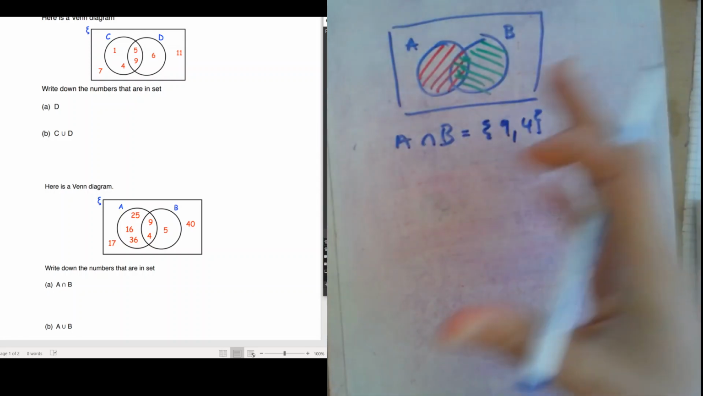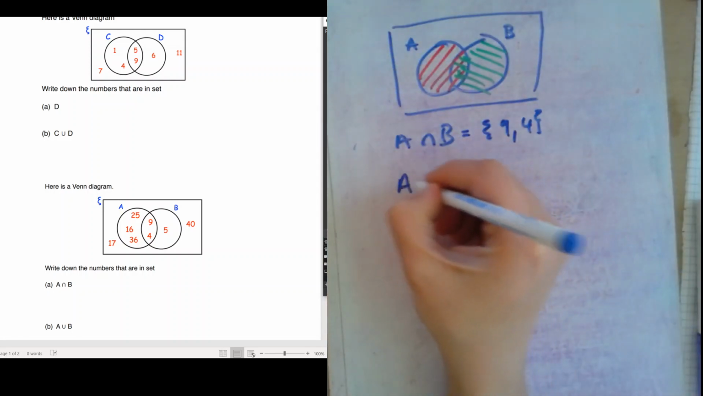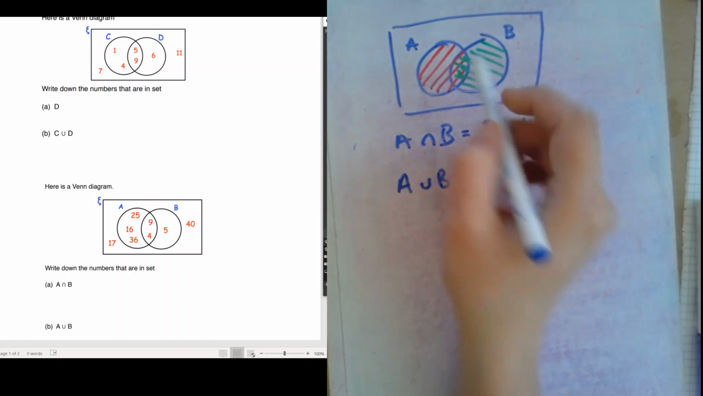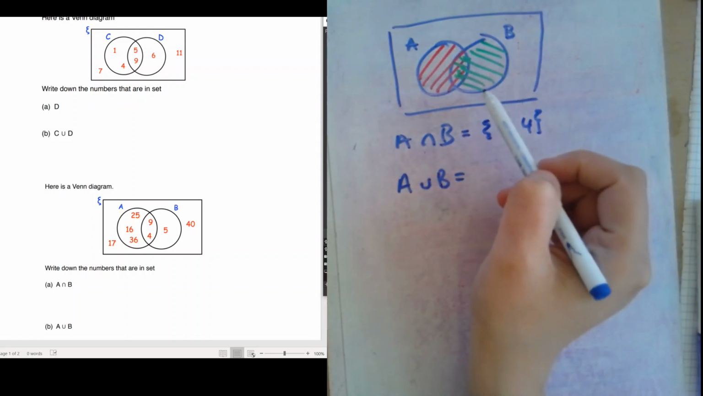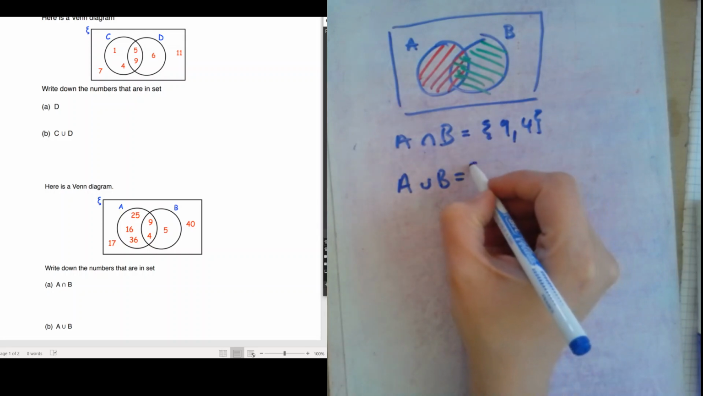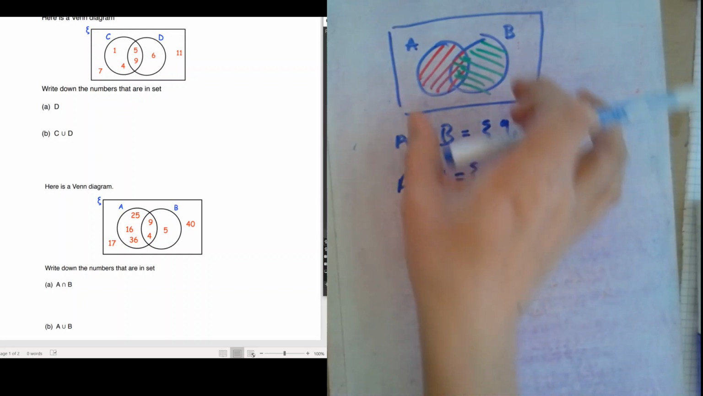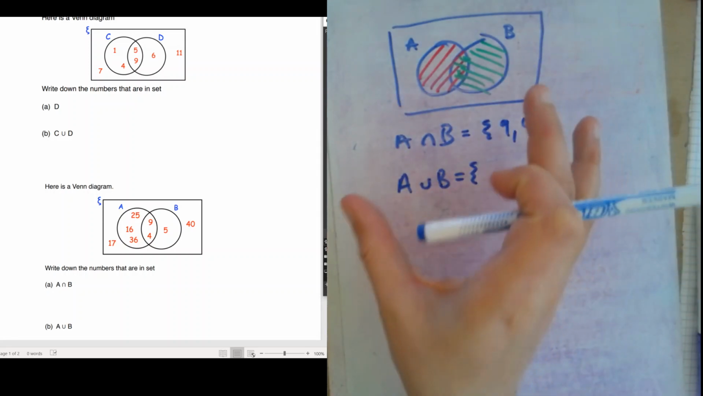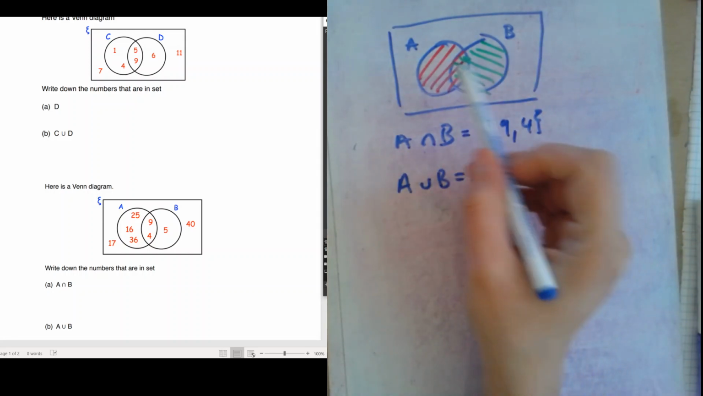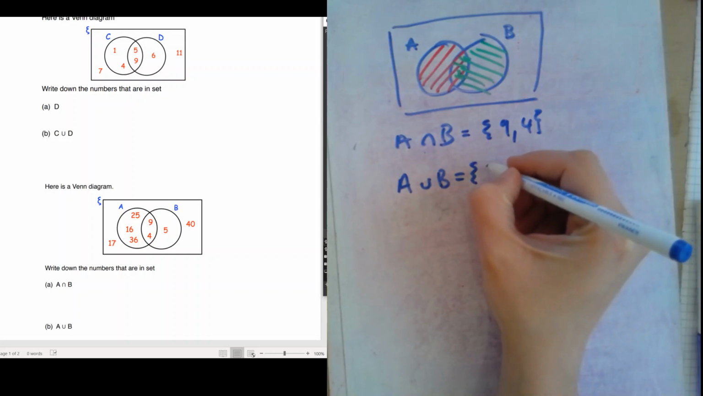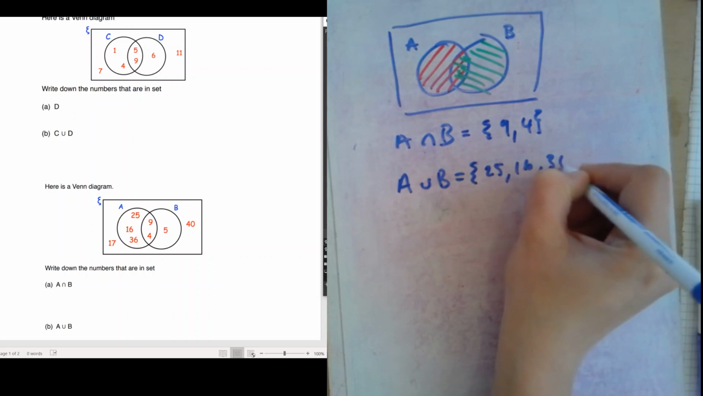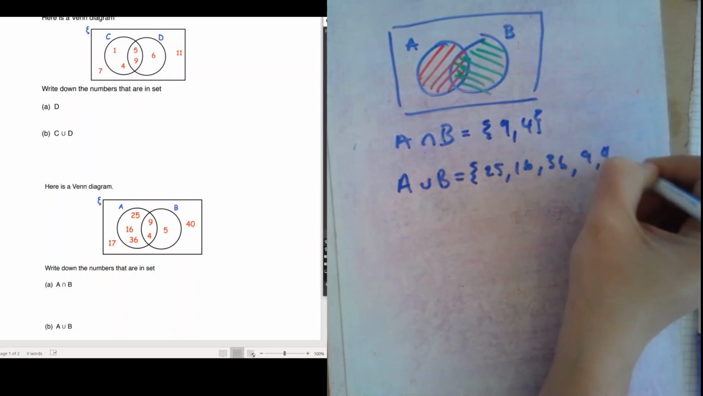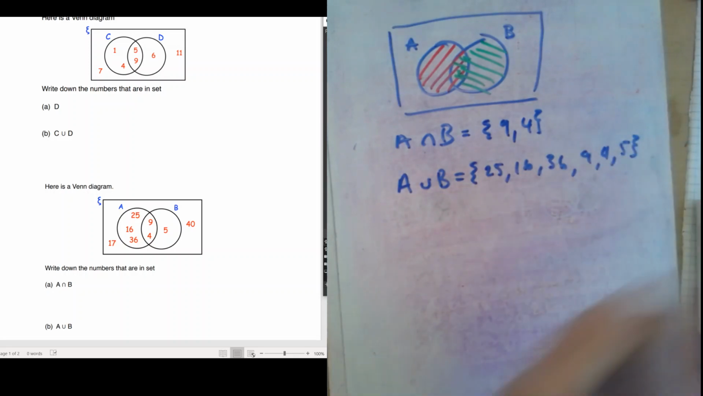Okay, and going by the same diagram, A or B would be where it's red or green. So that's all the numbers within that diagram. You can obviously tell there's a 17 and a 40 out there. That's within the universal set, but we're not including that right now. So you've got A or B, which would be 25, 16, 36, 9, 4, 5. Okay, hopefully that's